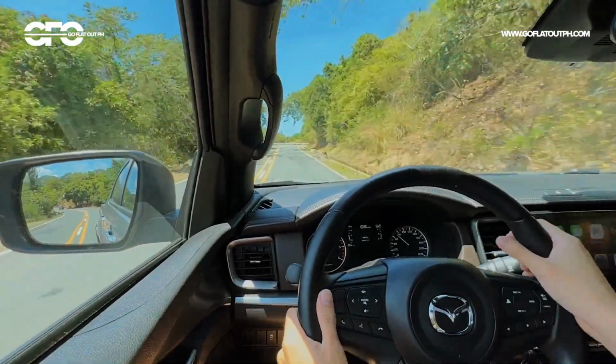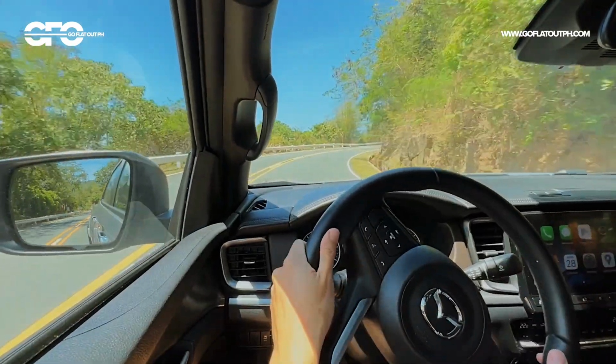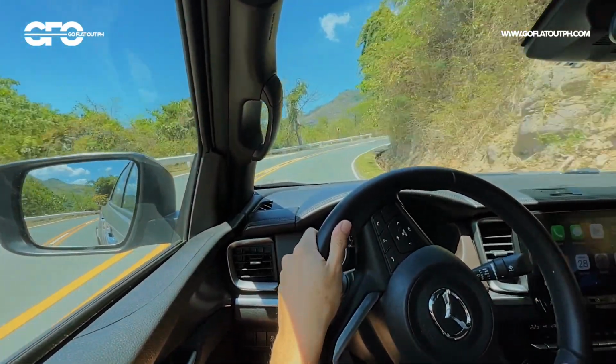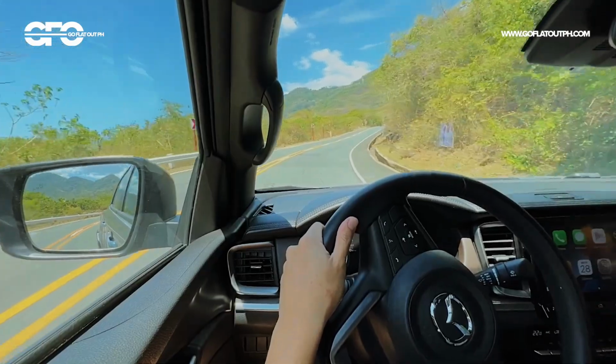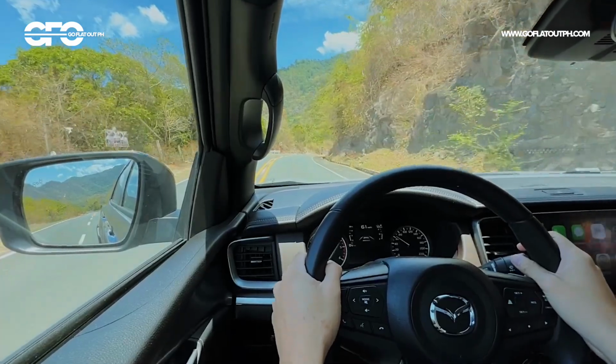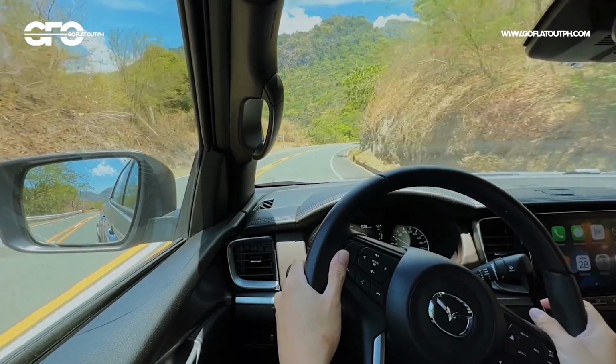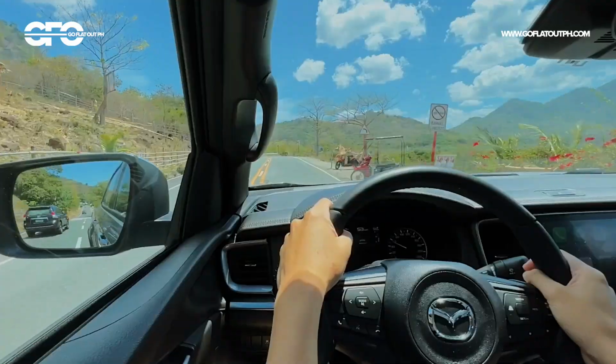So even if you're at, let's say, 3,000 RPM but you're going to overtake other vehicles, or even when we're going up a steep incline, it may not be quick, but it doesn't struggle, no? At least the engine is chill. It doesn't seem to struggle climbing or overtaking. It really feels excellent. I like how this engine and transmission combo feels. The transmission is reasonably responsive. And then again, back to that engine, there's a meaty torque band, which gives you